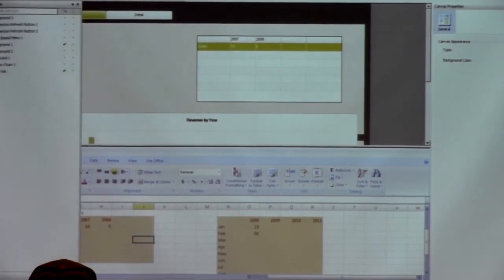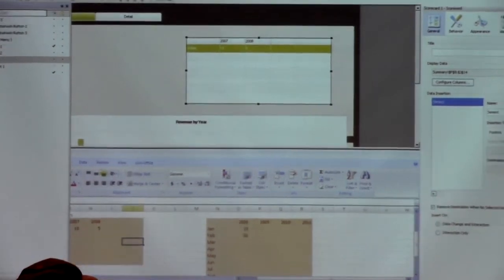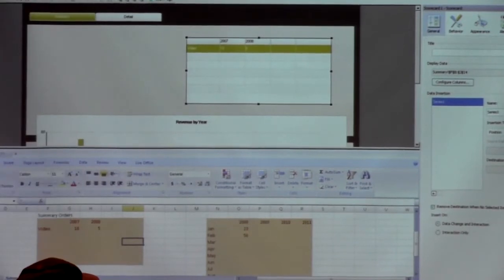So what I'm going to do is select that scorecard, and for the display data, instead of pointing to the Excel spreadsheet, I'm going to use the drop down here, and let me scoot this over just a little. Can you see that over there where I can either point to the spreadsheet or request query data? So I'm going to request the query data,